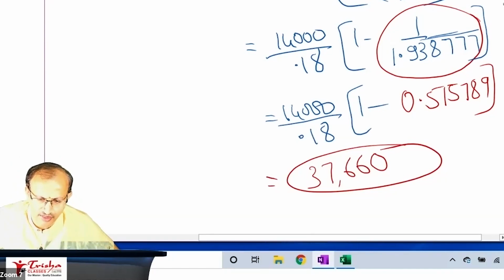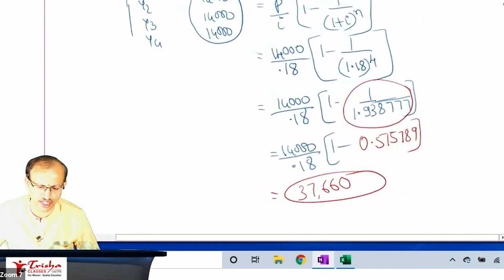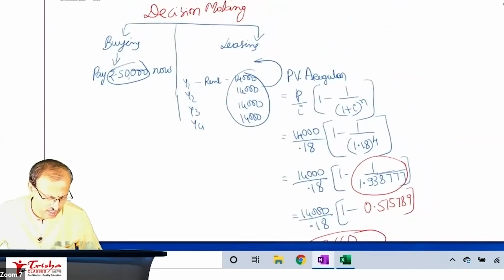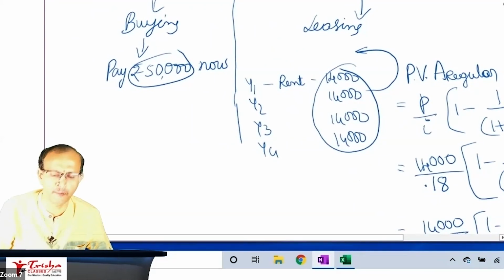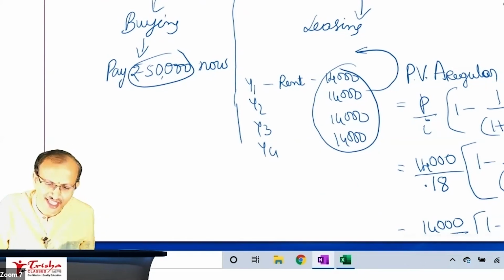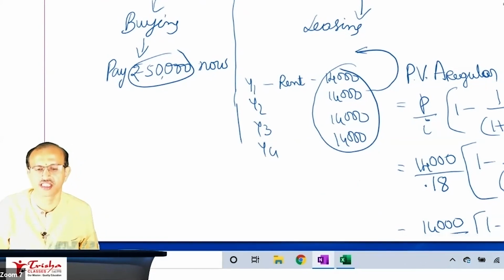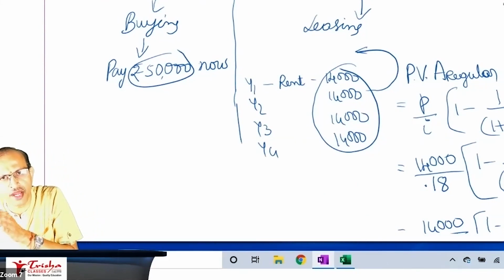Leha, I think you might have gone somewhere wrong a little. You have to rework again. Okay. 37 you get, that's okay. 659, 660, all those are okay. So tell me, look at the working here. In the buying option, you pay how much today? Fast, fast, fast. Your response is quick. 50,000. In the leasing option, you pay 14 into 4, 56,000.